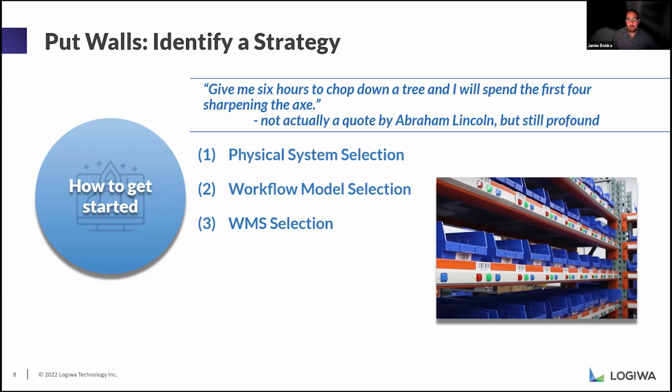This is an area, for example, we have a lot of experience with. We've supported many of our customers looking to implement a more robust process that their current solution couldn't handle. It's kind of an evolutionary step that we see. So that's an area to look at from the WMS side of, do you have a system that is capable